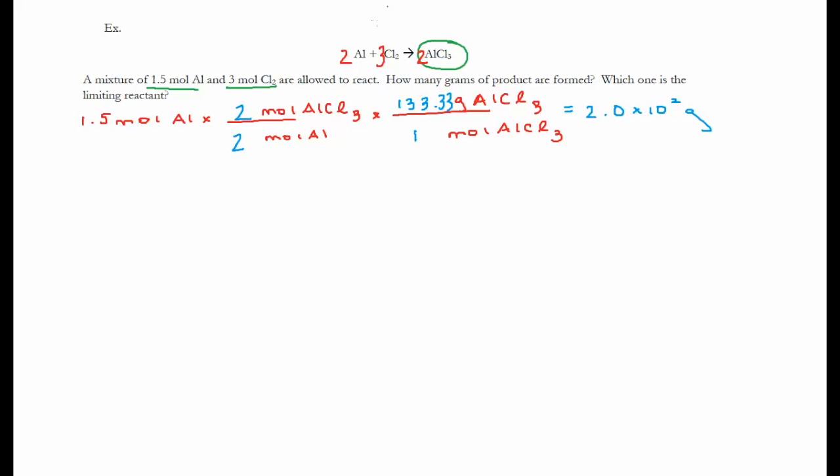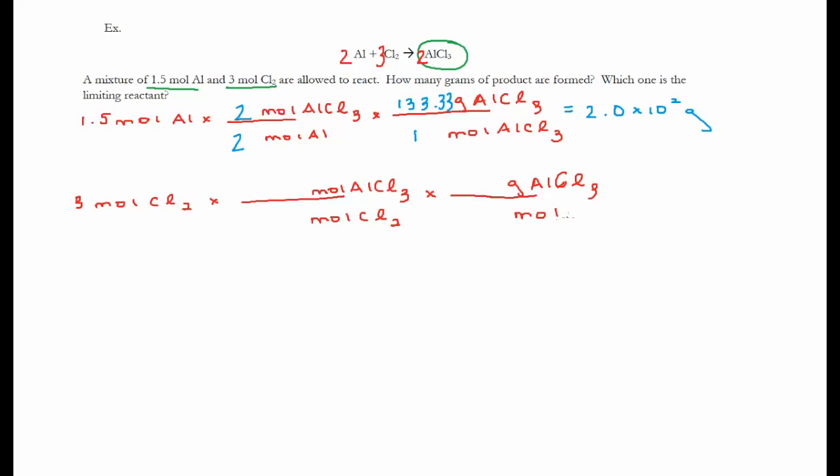Now I'm going to do the exact same thing, but I'm going to do it for chlorine now. So I have 3 moles of chlorine, and I'm going to convert that into first moles of aluminum chloride and get rid of moles of chlorine on bottom. And then I'm going to get into grams of aluminum chloride, moles of aluminum chloride on bottom. Okay, so here again, this is just going to be 133.33